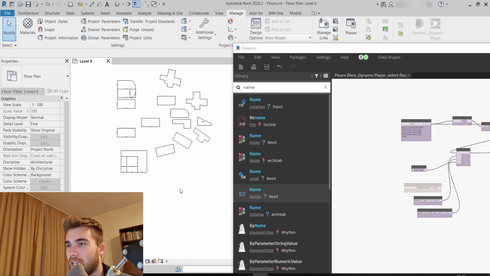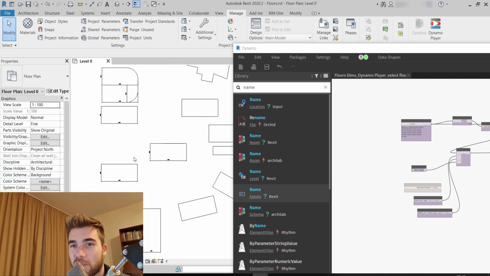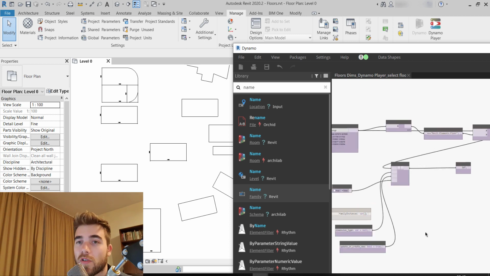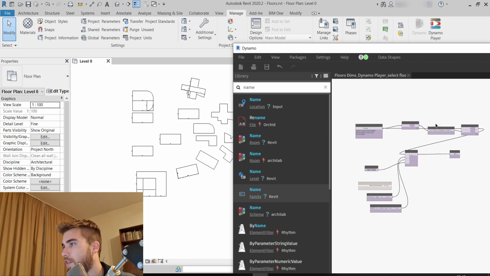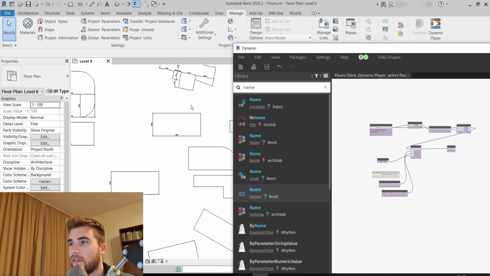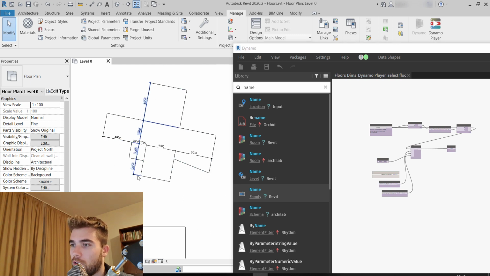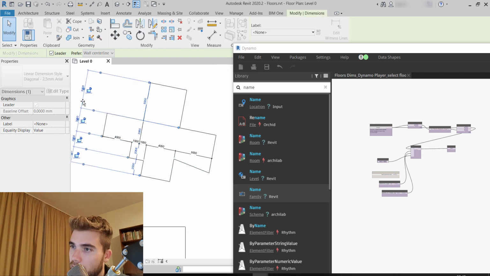like this, I have also selected a bunch of dimensions. And if we don't do that check here, our node is going to return an error and say, hey man, this is not a floor, this is a dimension. You cannot dimension a dimension. Anyway, so now with that check here, it doesn't really matter, it just works. And here it creates all of these dimensions